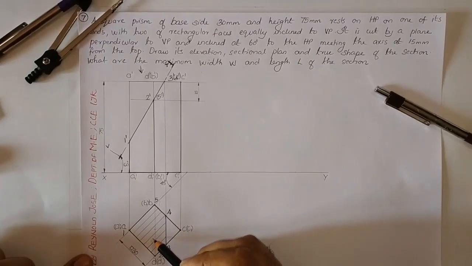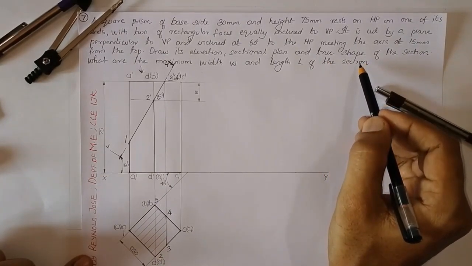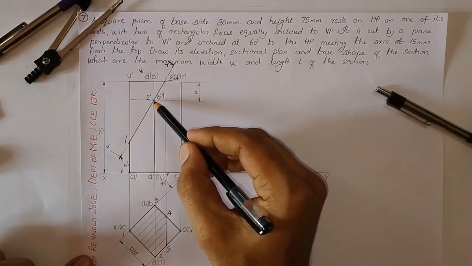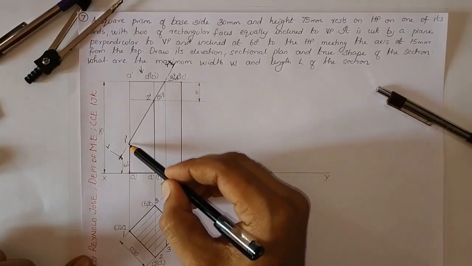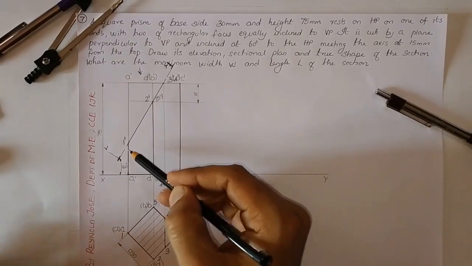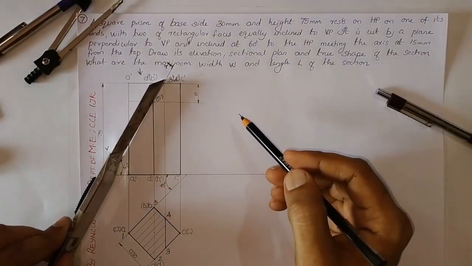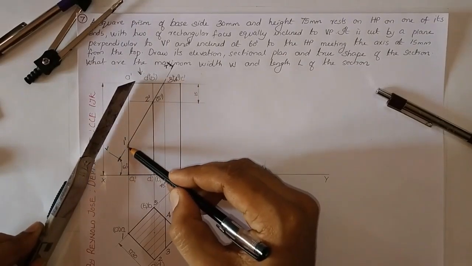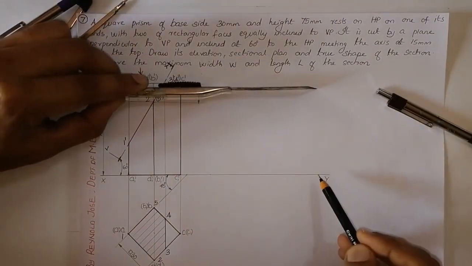So that is why we require a separate true shape. So let us observe how we can draw the true shape. In this case, we have an inclined section plane, which is a straight line passing through the solid. Let us make this inclined section plane straight to the xy line. So this is our section plane. We are going to straighten 1, 3, just straightening it with respect to the xy line.